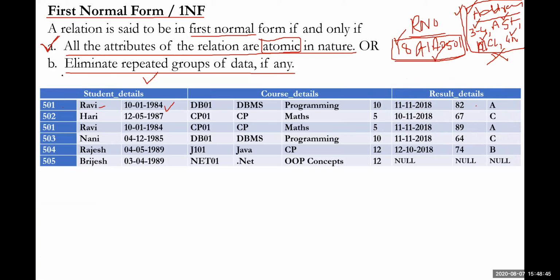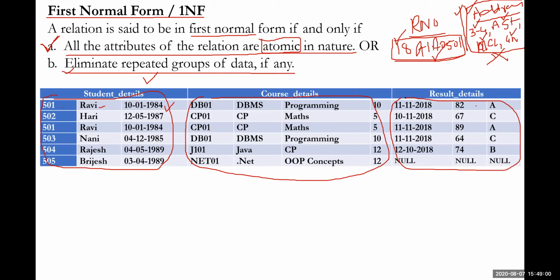But now consider the second rule. All these 3 things will be called one particular group, and all these 4 things will be called another group, and all these 3 will collectively be called another group. There are 3 different types of groups, repeated groups. Therefore, you have to name each and every item. You have to name this one, this one, and this one.